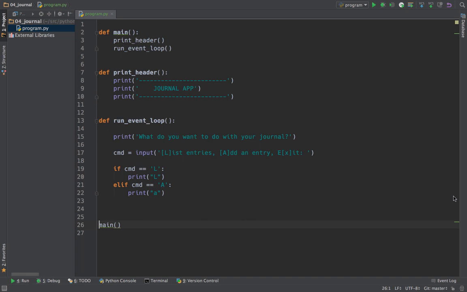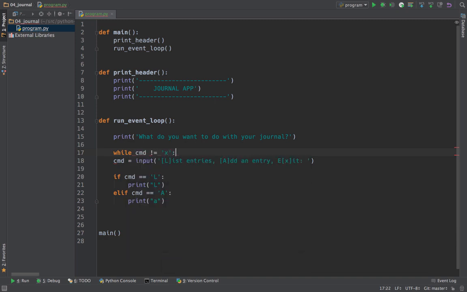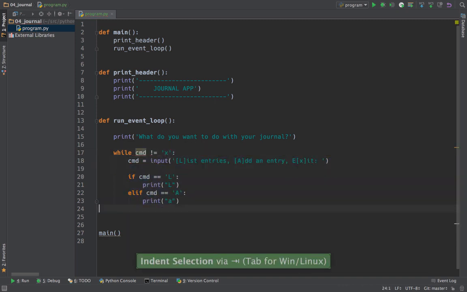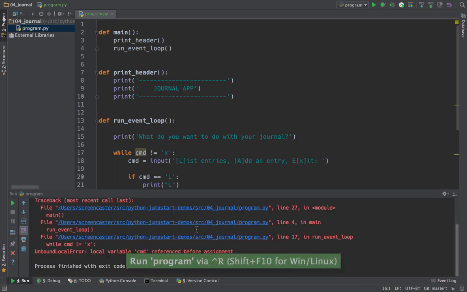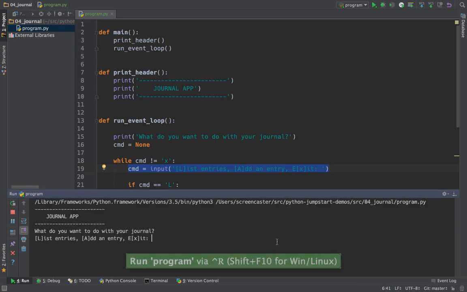Of course, we want this to go around and around. So let's write some code here. Let's say, while the command is not equal to X, we want to do this. Now, of course, if we try to run it like this, it's going to freak out because command is not defined. You can see local variable command referenced before assignment. So let's just initialize it to nothing to start, which obviously is not going to be X. After it goes into our loop the first time, we should have a real input. So let's try this. Let's say L,